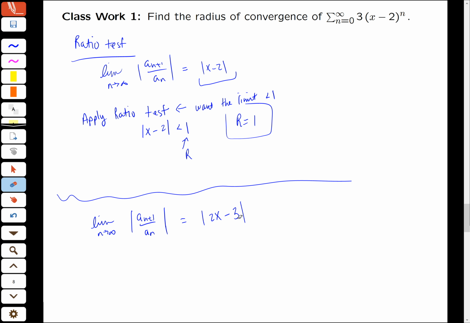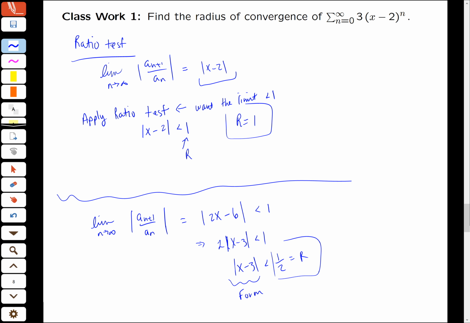I want something I can factor. 2x minus 6 in absolute value. We would still say we want it less than 1, but we want it in the form of x minus c. So I have to factor out the 2. In this case, r is equal to 1/2,